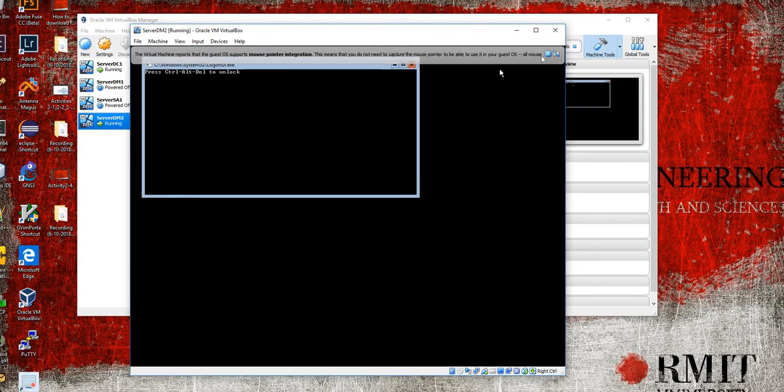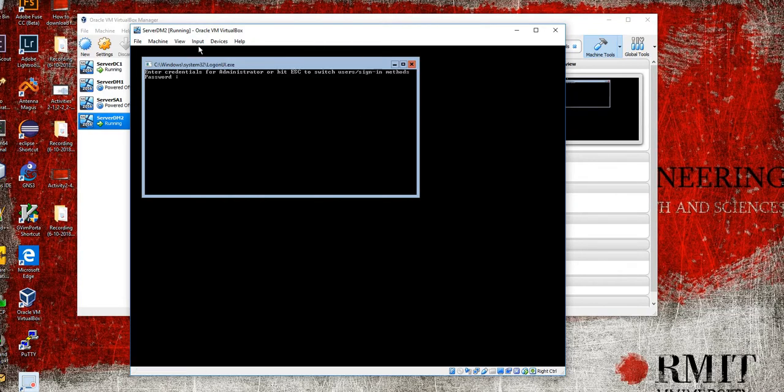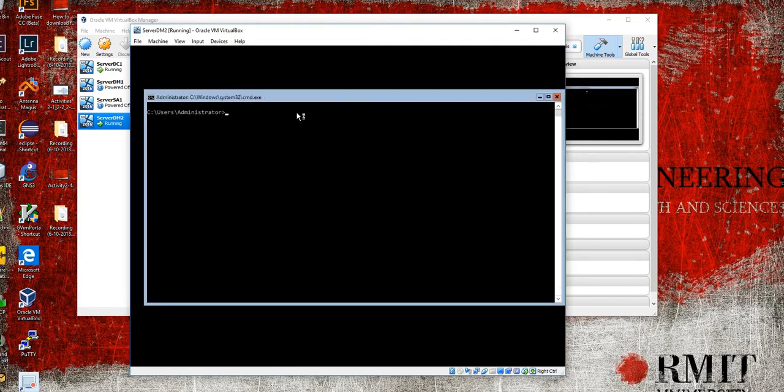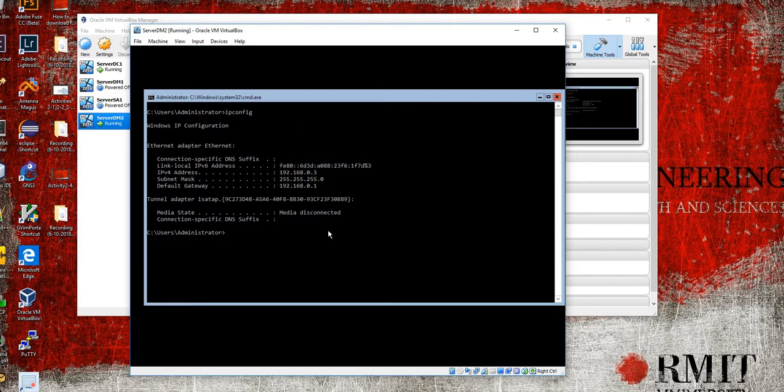Okay, so now it says press Control Alt Del, go to the keyboard, press Control Alt Del. You need to put the password, and then here we come back. Just to confirm that everything I've done, the same IP address is configured, I will verify with the ipconfig command, and then you can see it has the 192.168.0.3 IP address, and it has a default gateway of this. Now what I'll do, I will shut down